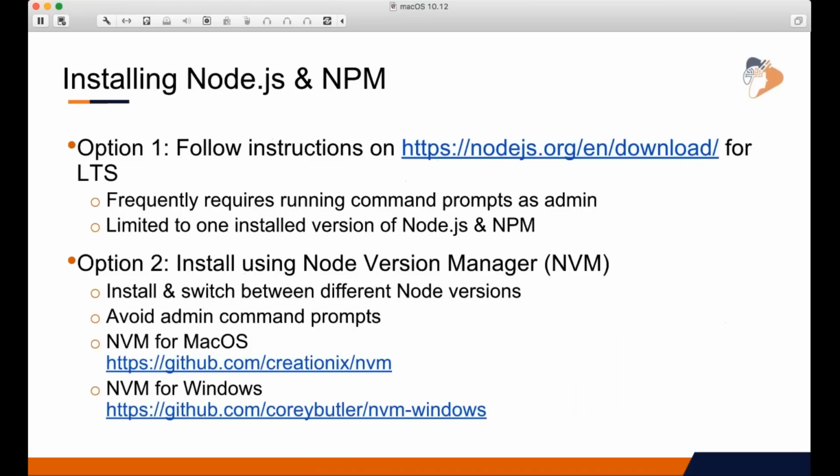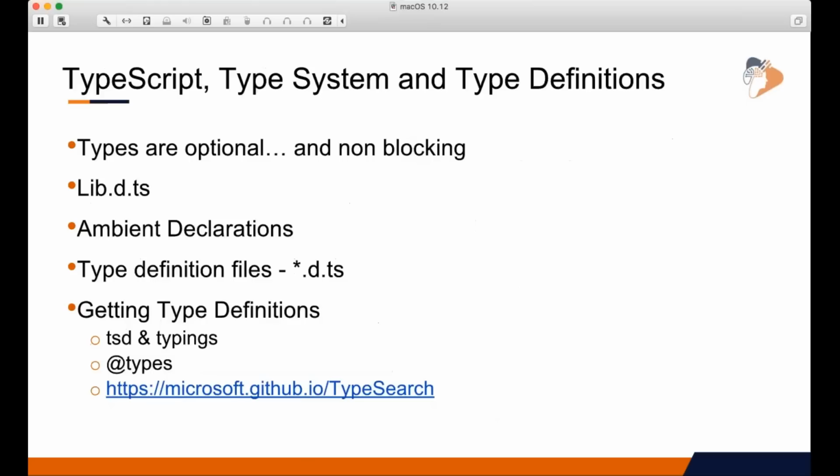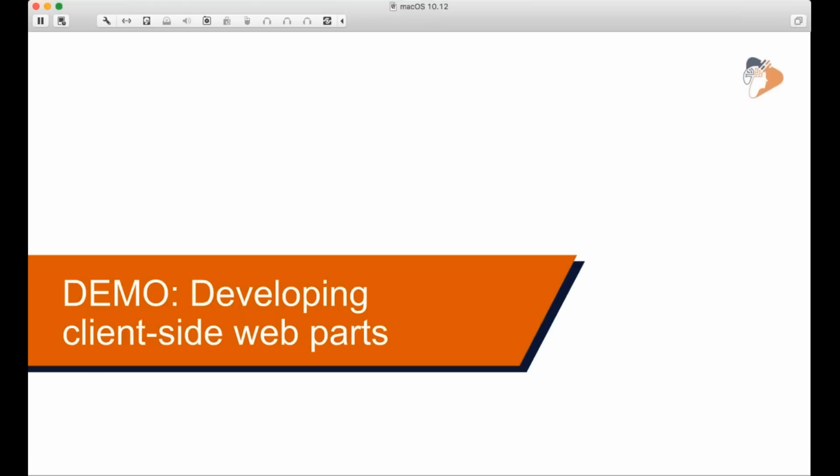So I'm going to skip through all of what these things are, the different slides that I have on the different pieces, just for extra detail stuff, because I want to jump into one quick demo. I would highly recommend that before you install Node, you install what's called Node Version Manager. It was built for Mac OS. There's a Windows clone for it. I would definitely recommend you check that out. It'll help you manage different versions, and it gets away from having to deal with the administrative command prompts. We'll skip through TypeScript, and let's go build something.